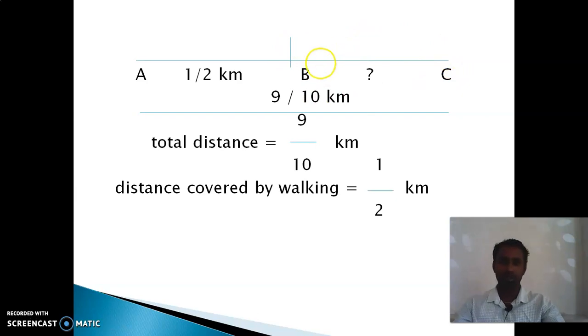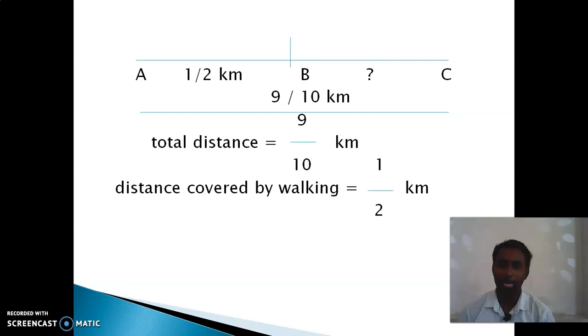I will ask one general question. Sorry, here 5 chocolates will be there. Total chocolates, 5 chocolates will be there. Totally from A to C, 5 chocolates is there. Here 2 chocolates they missed, otherwise 2 chocolates they gave to other persons. So what will be your remaining? Totally 5 chocolates, 2 chocolates he gave to another person. So what will be the remaining chocolates? Obviously we know 5 minus 2. We have to subtract, right? 5 minus 2 is equal to 3 chocolates. So 3 chocolates only she has. That means the remaining chocolates, right?